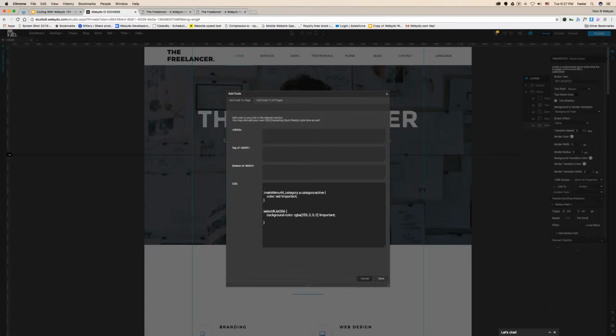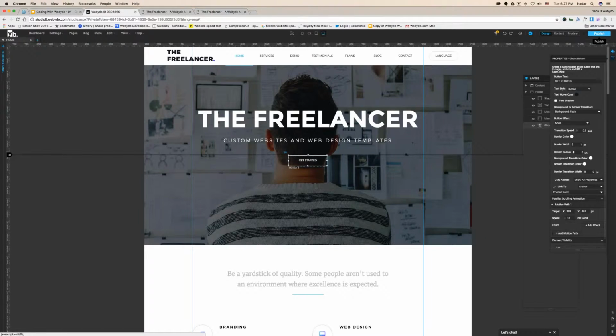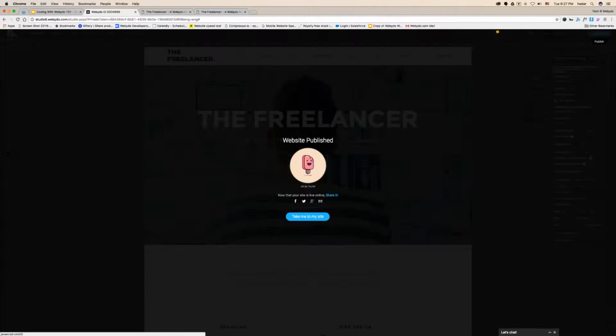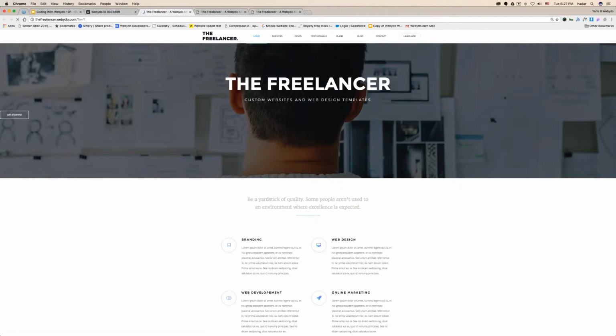Well, I have code here, but let me put it here. Paste. Save, always save, and then republish. And then what's going to happen is that my button is completely to the left, as you can see. Okay. Now,